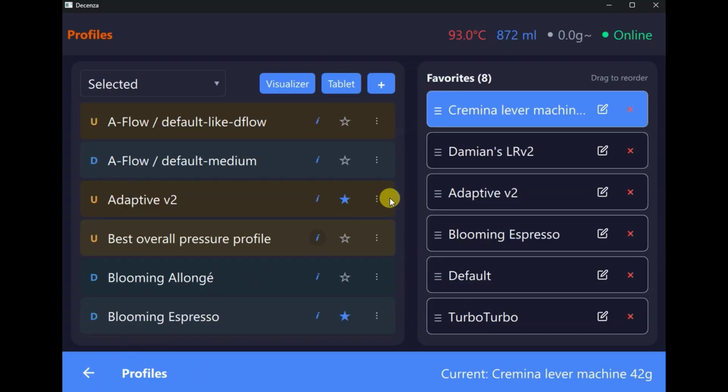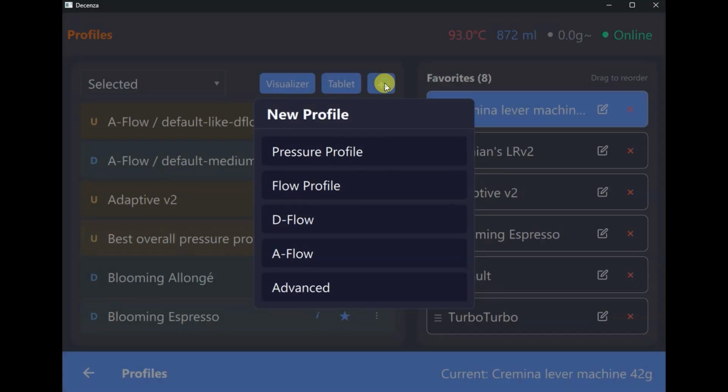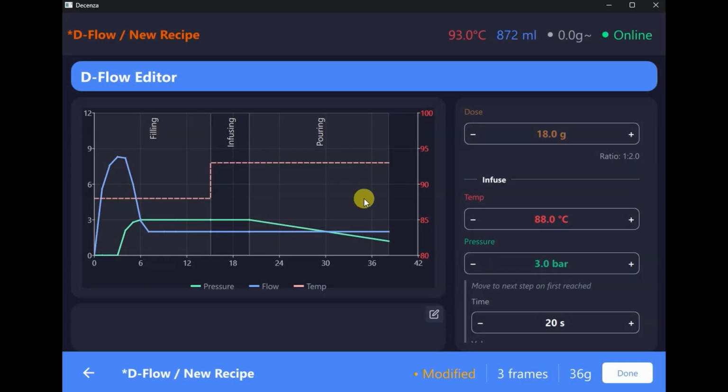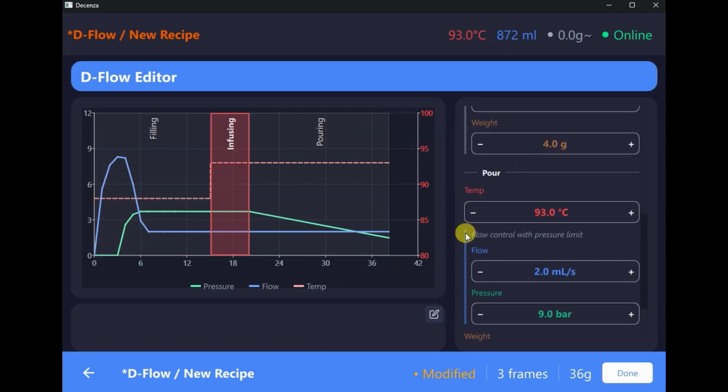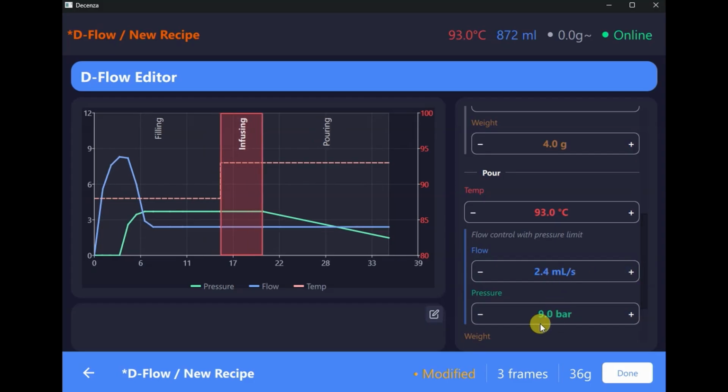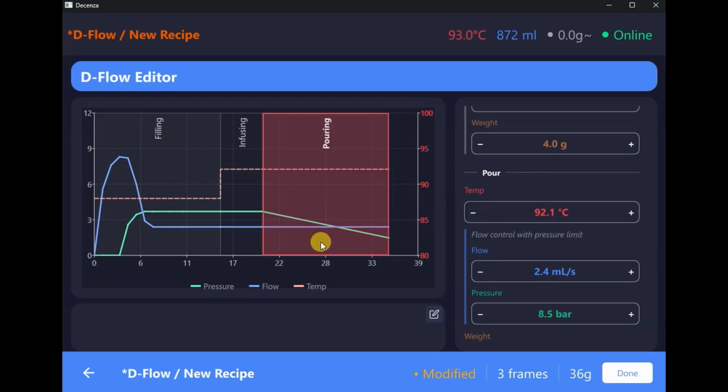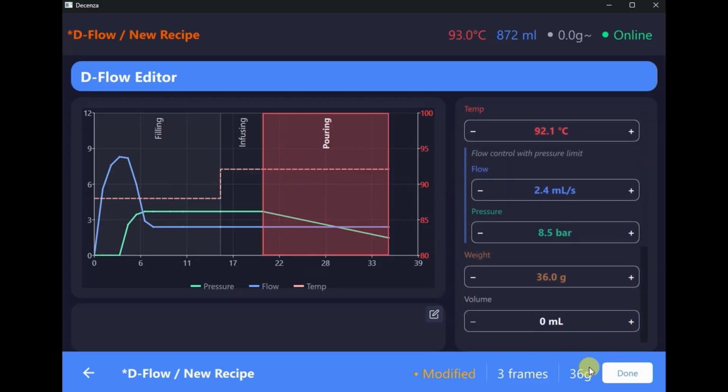It'll look for tablets, sort of profiles on your tablet. Or you just create a new one. So you can say, okay, you want to create a new pressure profile, any of these particular options here. So say, for example, dflow, you start off with that. You're going to say, okay, you want it to be this many bars, you want it to be that many seconds. The infusion, you want a bit like that. You want the pressure to be a bit lower, temperature to be a bit lower. So you can do all these things per section really quickly, and you just go done, and you save it